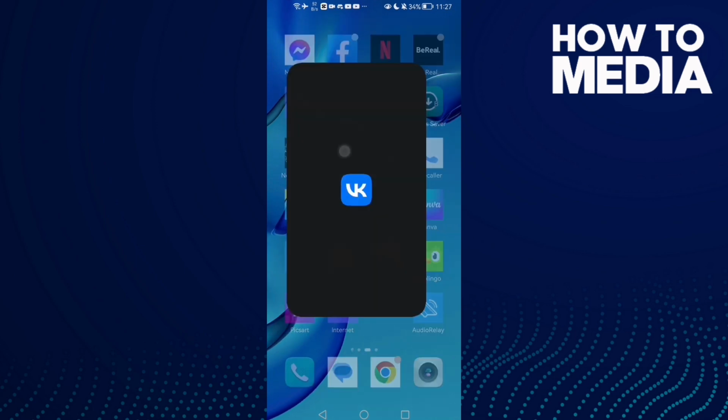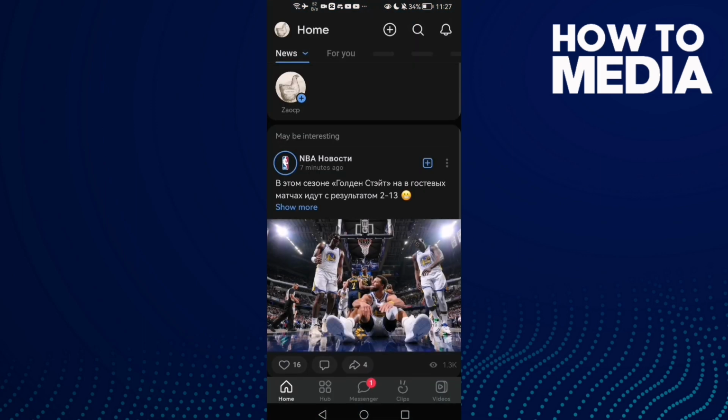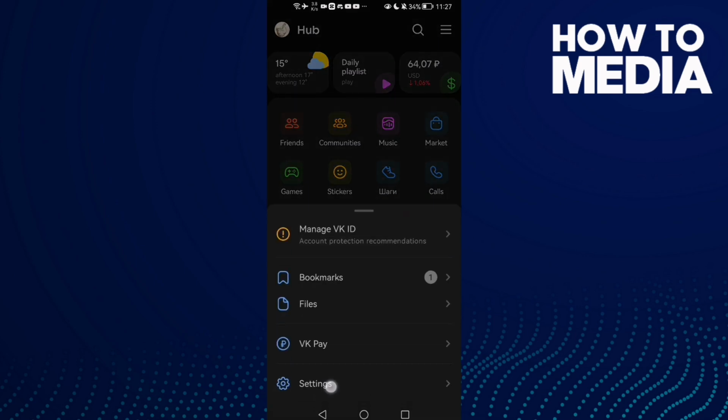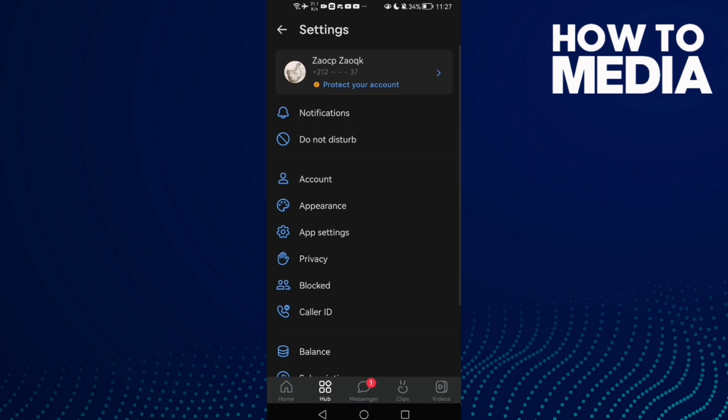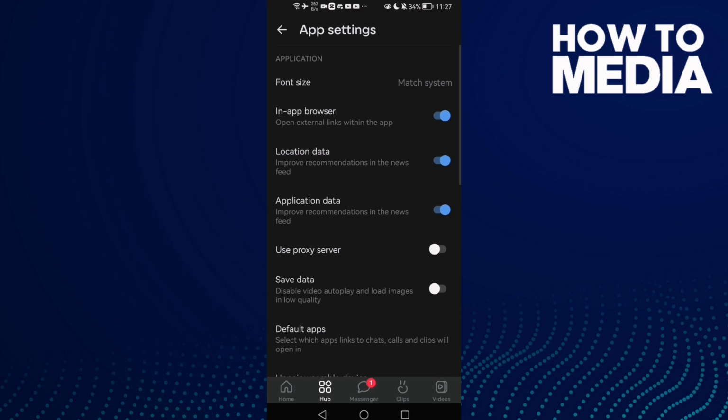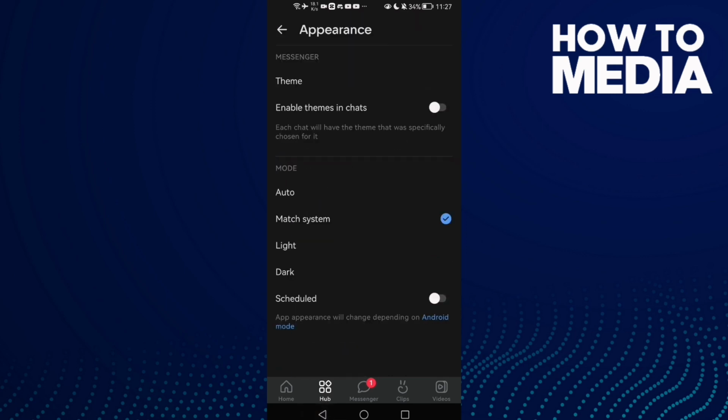First open VK and then click Hub, here it is, and then click the storylines. Now click settings, then scroll down and here we'll find appearance, and after that click enable Teams in chats,